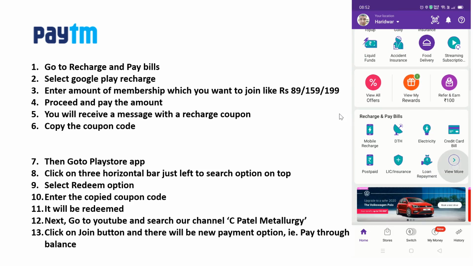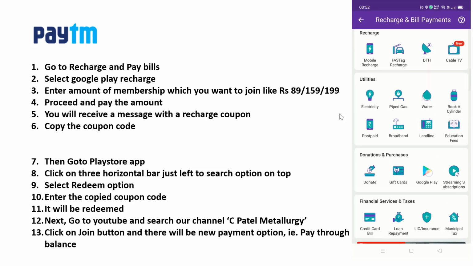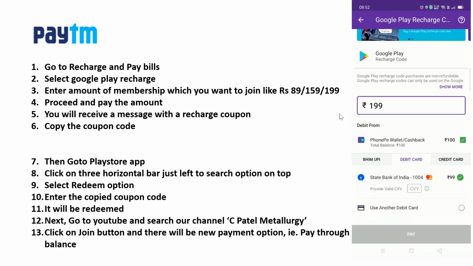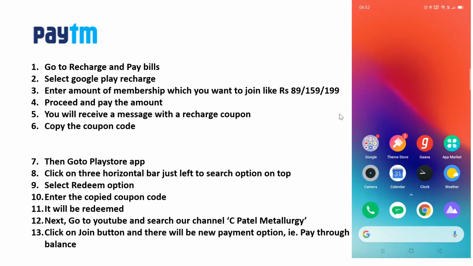Enter the amount, then pay, and you will get a coupon code. That coupon code you redeem by going to the Google Play Store, or if there is a link, you can click on that to redeem. Once it is redeemed, go to the channel name and do the rest as shown. So through this you can join our membership if you are facing a problem with the card.